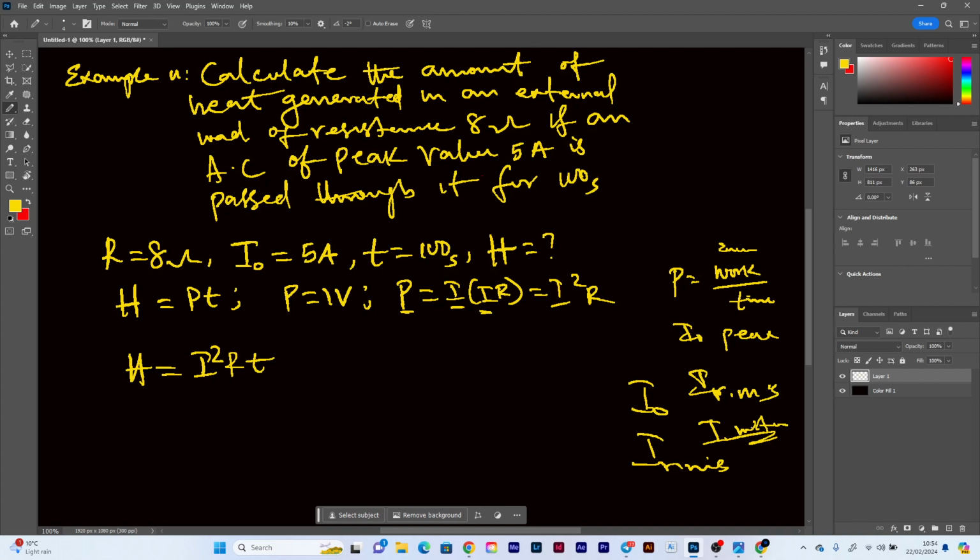If an AC has a peak value, we are dealing with peak current. That's what you are given in the question. You are given peak current in the question, but the actual current to use for you to calculate this is supposed to be your root mean square current,